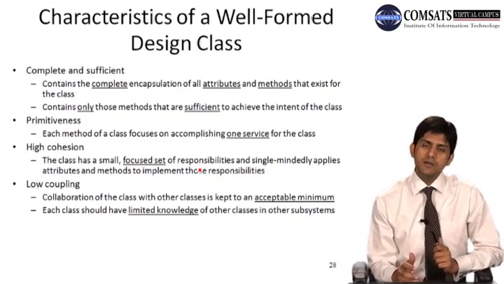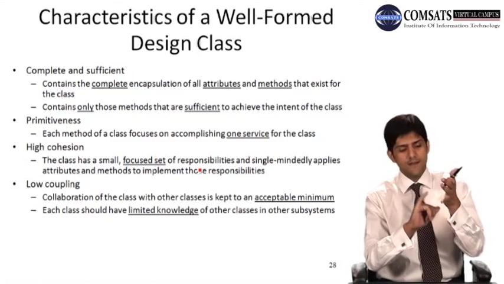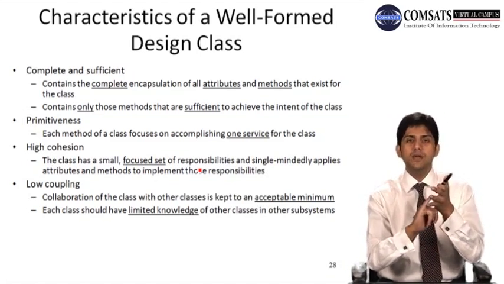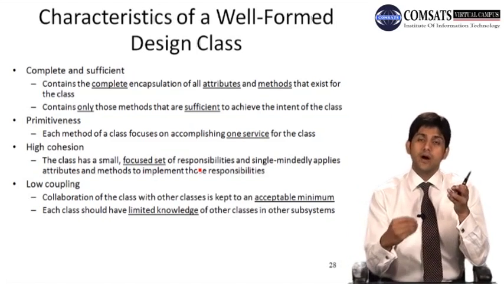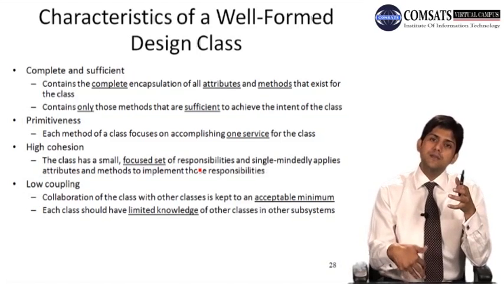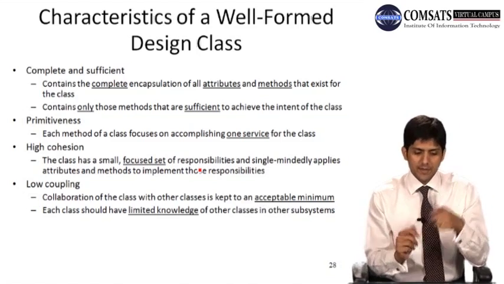अगर एक क्लास मल्टीपल काम कर सकती है, जैसे अगर आप स्टूडेंट की क्लास बना रहे हैं और स्टूडेंट्स रजिस्टर कर सकते हैं, स्टूडेंट्स अपने व्यू मार्क्स कर सकते हैं, व्यू अटेंडेंस कर सकते हैं, हम कहते हैं जी 3 फंक्शंस हैं जो ये क्लास परफॉर्म कर सकती है। सो आइडियली वी शुड हैव 3 फंक्शन इन द क्लास जो कि ये 3 काम कर रही है, ठीक है। तो दिस इज प्रिमिटिवनेस।